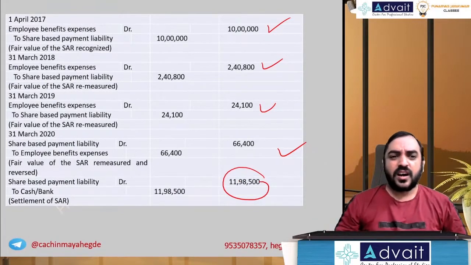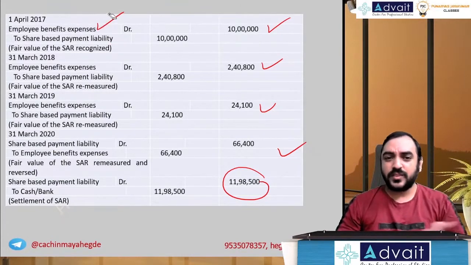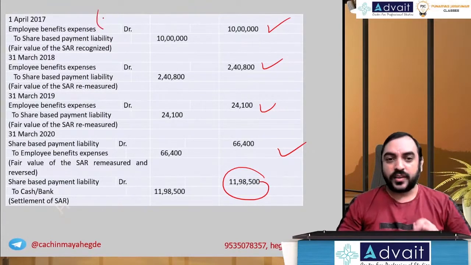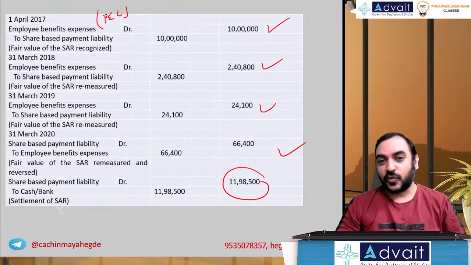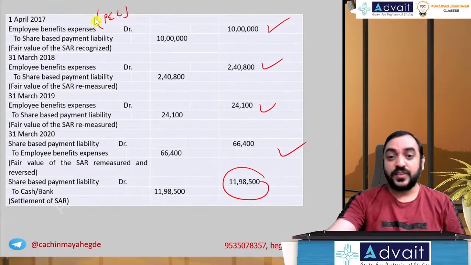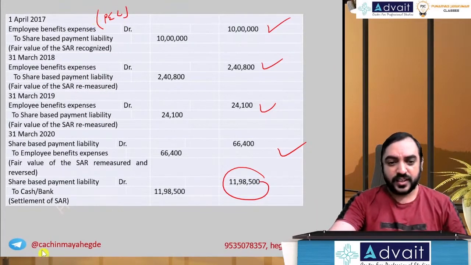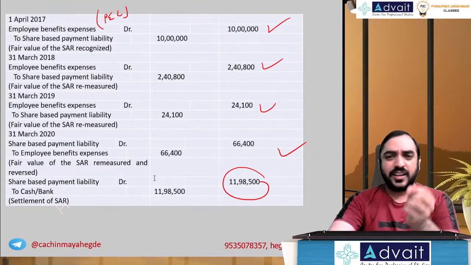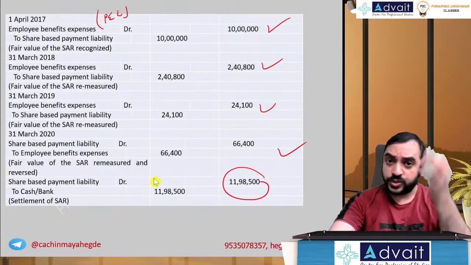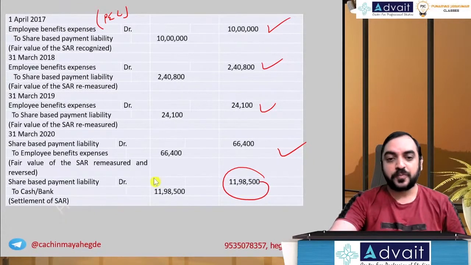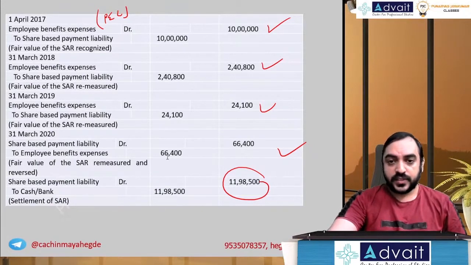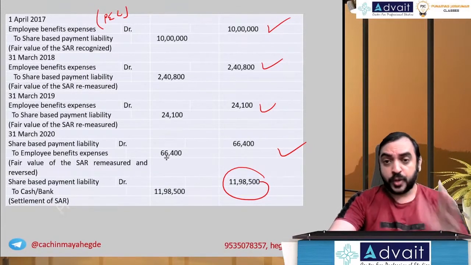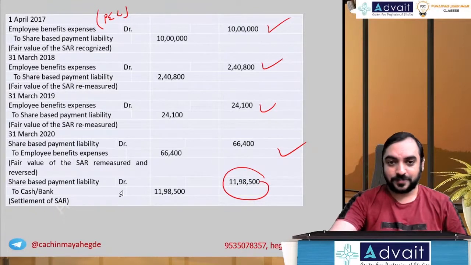Simple entries. You can also pass one more entry, that is transferring it to the P&L account. From the exam point of view, it's okay, or you can write P&L account within brackets. That much is sufficient. That's what even the institute has told. So even this is, I think, a 5-mark question in the exam. You need not pass the transfer-to-P&L entry; writing within brackets, or even ignoring it, is sufficient from the exam point of view. So that's it. This is problem number 20. Let's move towards the next.